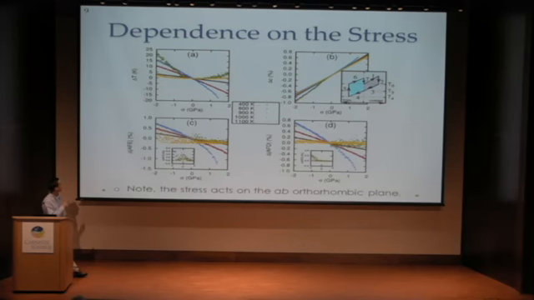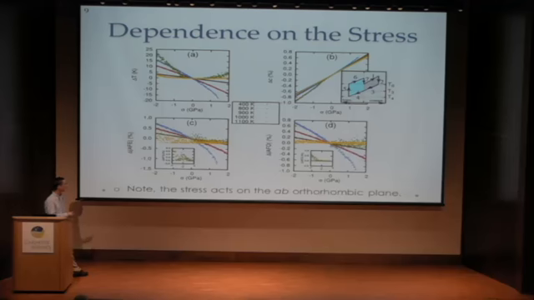Here in figure A, we have the piezocaloric change in temperature as a function of stress, the percent change of the lattice parameter, and the percent change of the antiferroelectric and antiferrodistortive order parameter magnitudes. If we look at figure A, above the computational Curie point, which is given by these green and yellow curves, we have a positive and rather large change in temperature. As we fall into the antiferroelectric phase, given by the blue, red, and black curves, we see that under tensile stress we have a negative change in temperature, while under compressive stress we have a positive change in temperature. So we wanted to investigate this.